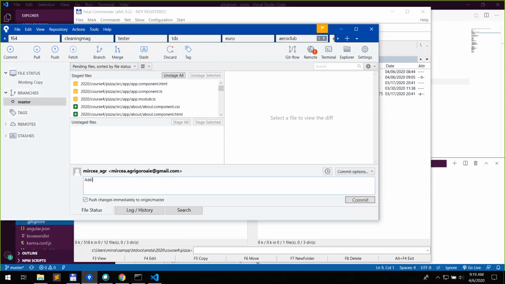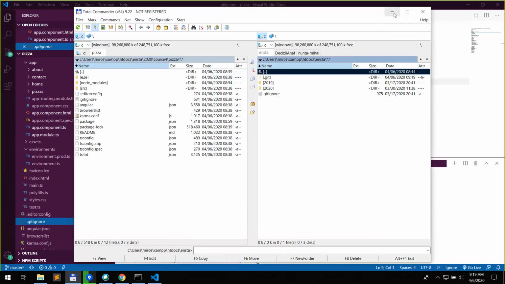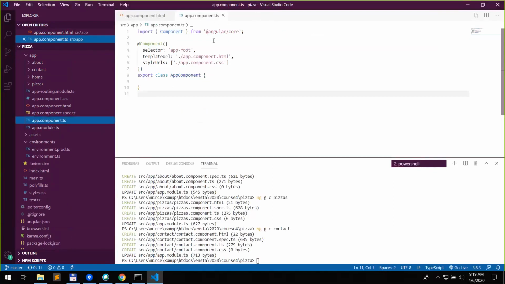So let's add the components to GitHub. Okay. So you should have the latest version of GitHub now. Right. So let's go into our